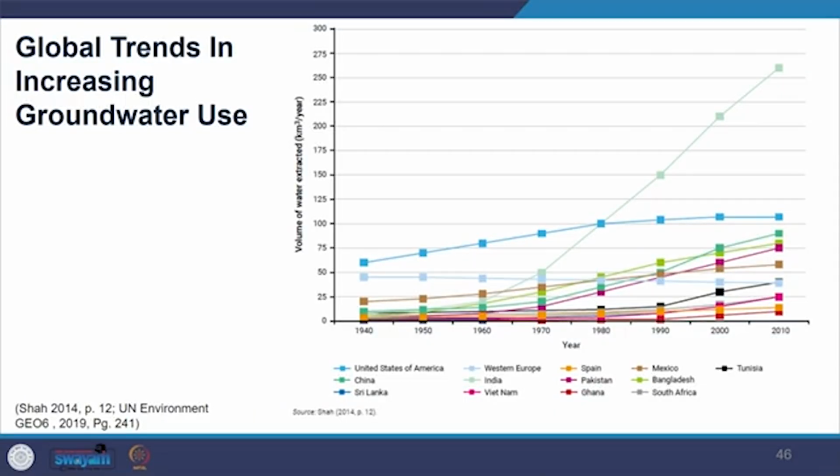So you can see the global trend of increasing groundwater. Groundwater use has plateaued, so there is a certain level of stabilization in some regions, but it is increasing elsewhere. You can see India here, such as in Asia and Pacific and West Asia. About 2/3 of the fresh water utilized in West Asia, and about 75% of European Union inhabitants rely on groundwater